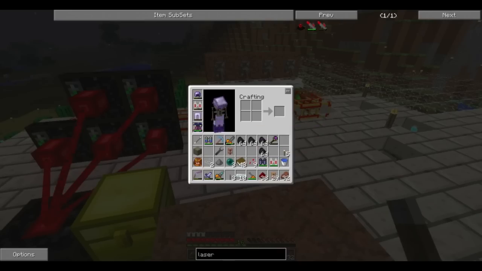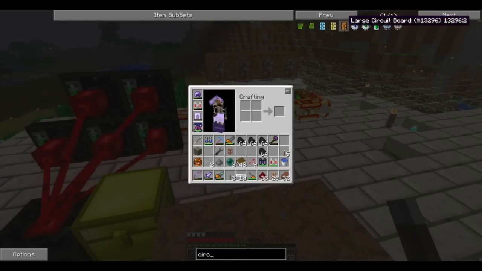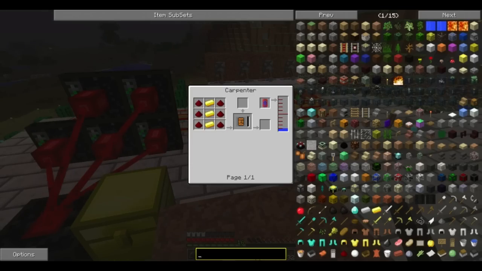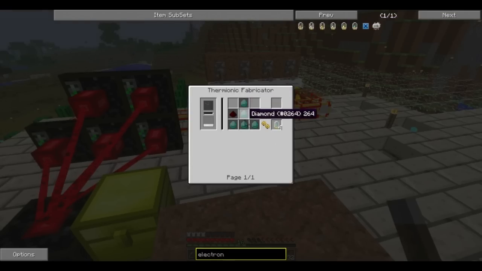So what we're going to do is build some circuit boards. That's not how you spell circuit. Circuit boards. So the large circuit board is just redstone and gold, and you can put the most tubes on it. So that's the easiest way to go. And we are going to need to make some electron tubes, I believe. Yes. So we're going to need some tin, bronze, iron, golden, or diamond electron tubes. And these can be pretty expensive, especially the diamond ones. But basically what you can do is you can put these tubes...